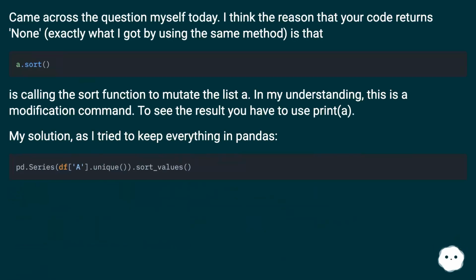Came across the question myself today. I think the reason that your code returns a None, exactly what I got by using the same method, is calling the sort function mutates the list A. In my understanding, this is a modification command. To see the result you have to use print A. My solution, as I tried to keep everything in pandas,